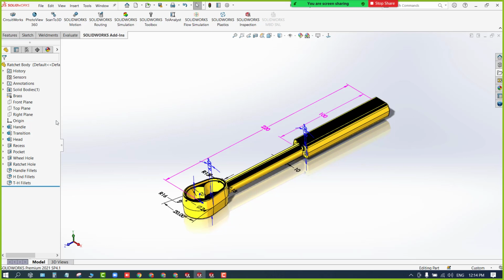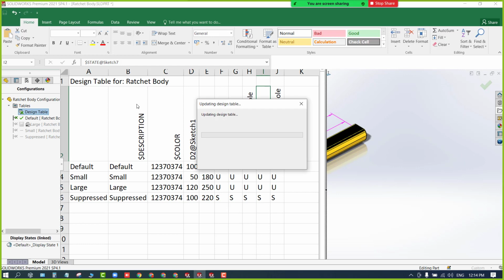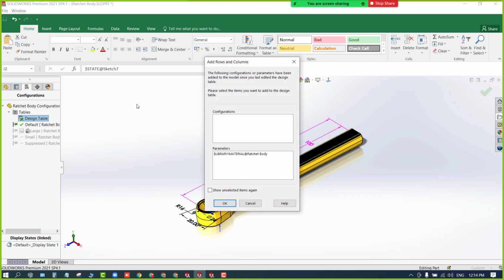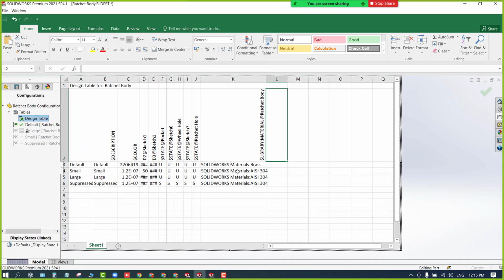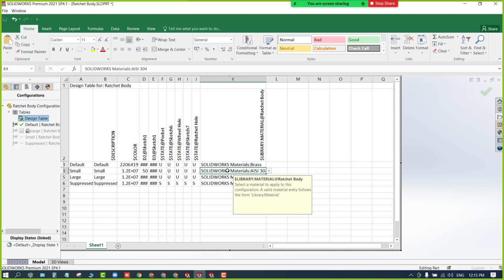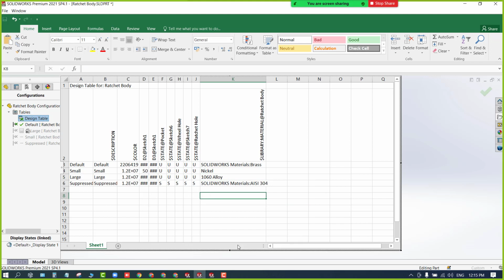Yes. Now this change will be automatically updated if you browse this and edit the table. So while opening the table, it will indicate that recently the material got changed. If you just select this, that will also be added into your design table. Can you see here? You can make the changes here for all the components. Okay, you can change accordingly. Clear? And if you want to make the changes in the design table also, you can make it.